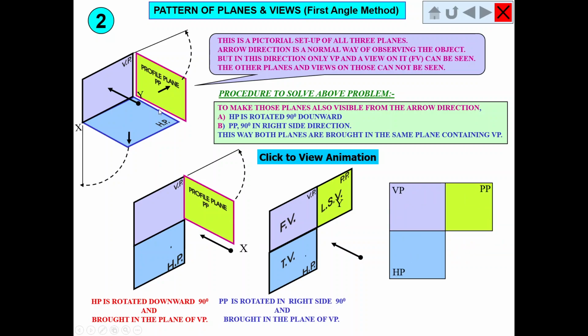So this is the original view. In the original view, only from this direction front view can be seen, but here now you can see all the views are visible: front view, top view and profile view, that is left hand side view, because you are observing from left hand. Okay, as you are observing from left hand, view goes towards right side. If you are observing from right side, views go towards left side. Okay, so that is the nomenclature in these planes of projection, in patterns of planes and its views.